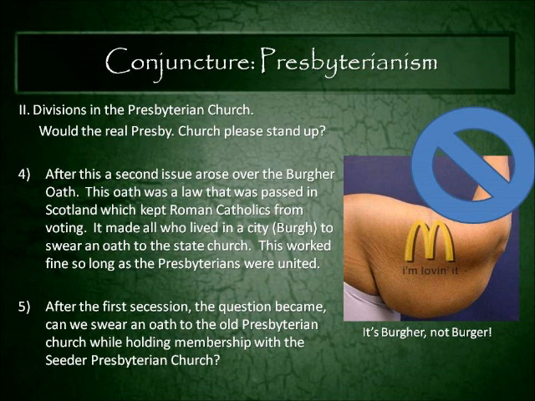If you lived in a city, or burgh, you had to swear an oath to the state church, which was the Presbyterian Church. And this worked fine for keeping Catholics out because no Catholic is going to swear an oath to the Presbyterian Church. To do so would be to become a Presbyterian. But the Burgher Oath now has a difficulty because if you're a Presbyterian who is a Seceder Presbyterian, you still have to swear this oath to the other Presbyterian Church. Well,